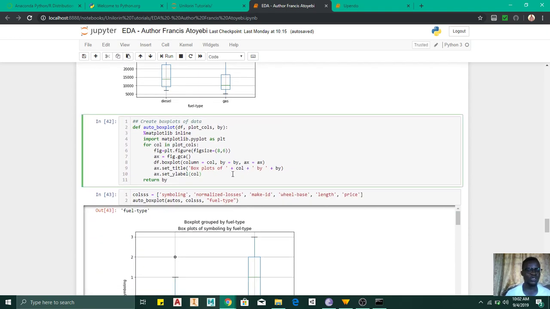So here I just wrote a function. I'll run through it very fast because time is no more on my side. So I'm creating a function to draw box plots of different columns, using Matplotlib as plt. So I'm saying for col in plot_columns, which is a list of columns,